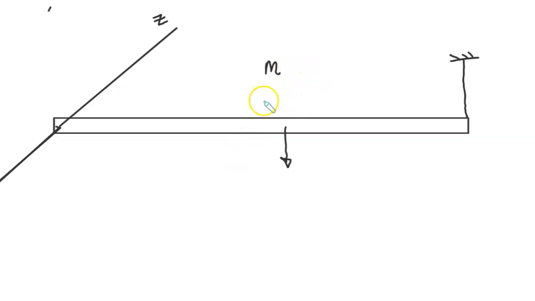Length L. It is hinged here. You see, it is hinged, meaning it can rotate about this Z axis. Once it falls down, if you cut this rod, what happens? You cut this rod. What happens? It will go down. Am I right or not?